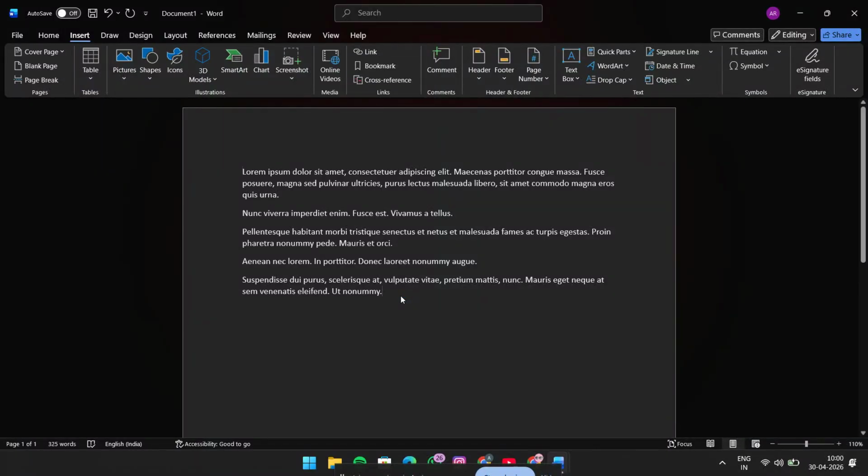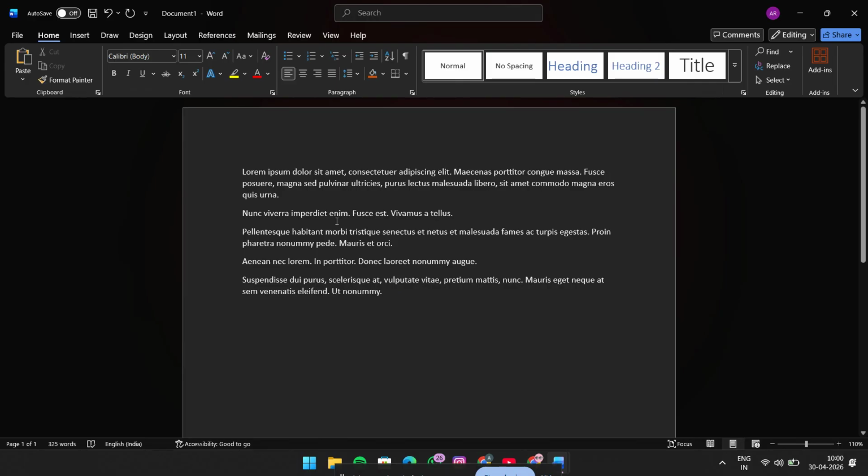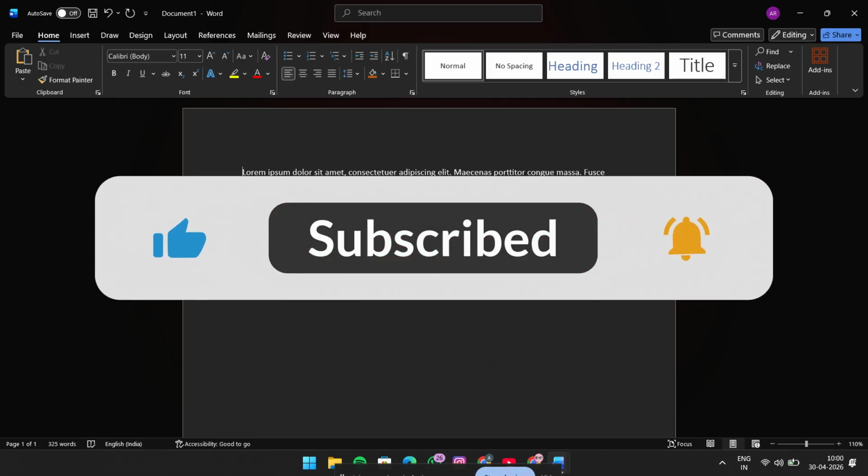If you want to make your Word documents look more polished and professional, one of the easiest formatting tricks to learn is how to create drop caps in Microsoft Word. A drop cap is that large first letter at the beginning of a paragraph that adds a stylish, magazine-like touch to your document. It is especially useful for reports, newsletters, articles, and any document where you want to make the opening paragraph stand out. In this quick tutorial, I'll show you exactly how to do it in just a few